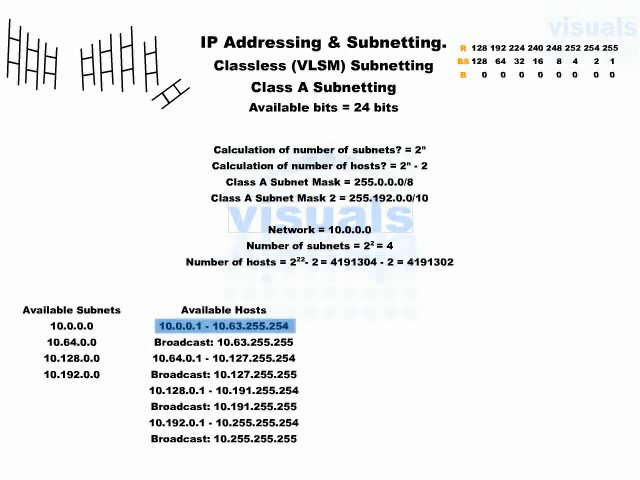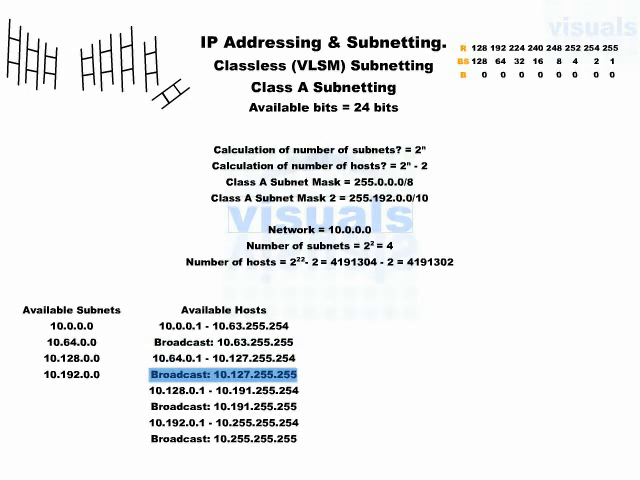So for this network 10.0.0.0, valid hosts are from 10.0.0.1 to 10.63.255.254. Broadcast address is 10.63.255.255. For the second subnetwork, valid addresses are from 10.64.0.1 to 10.127.255.254. Just note the octet number. It is the second octet on which we are playing. Broadcast address is